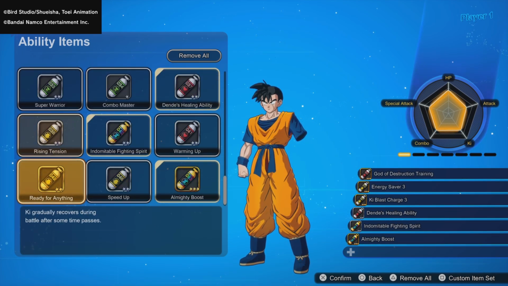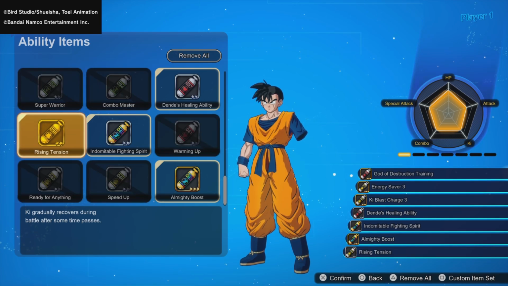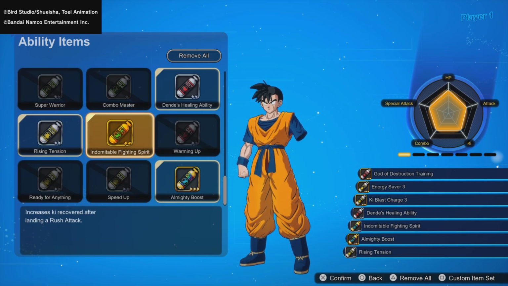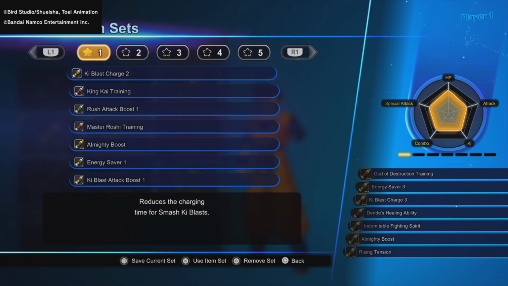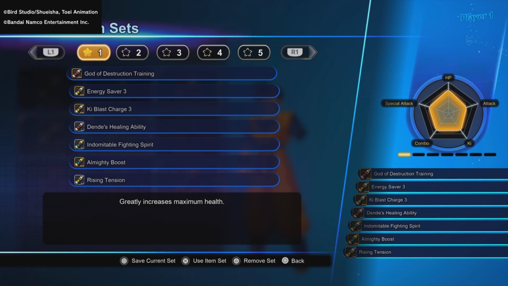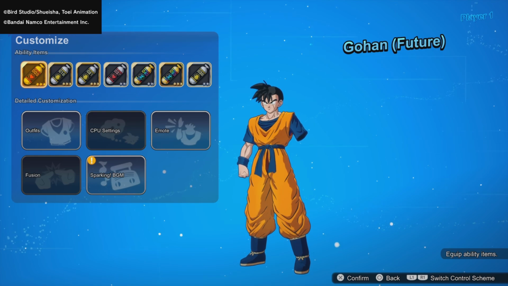And I learned that the hard way when I was playing the game on a higher difficulty in the Cell Saga tournament mode. Now, you could definitely feel the effect if you do not read what these things do. That's why it's encouraged to create different loadouts, customize different abilities,